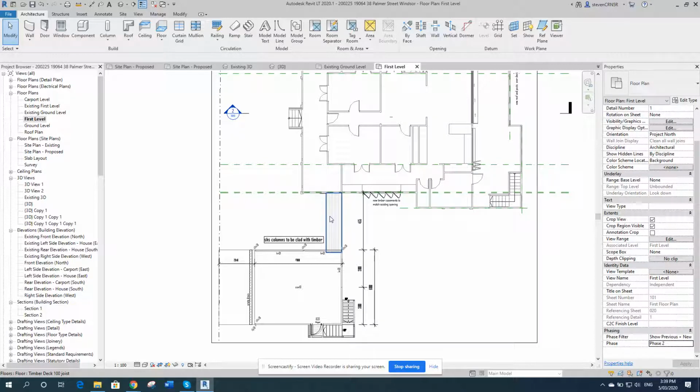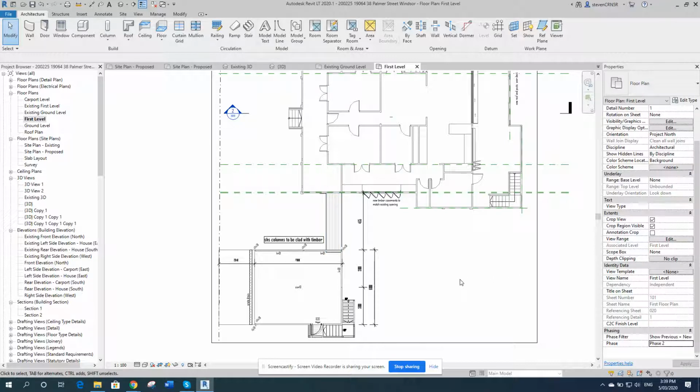Second phase, they're going to do a rear extension with a deck on it and a new rumpus area or something. So we can draw it completely up so that they can see how the overall building will be once they've finished the job, phase it accordingly, and then view the phasing through our sheets,